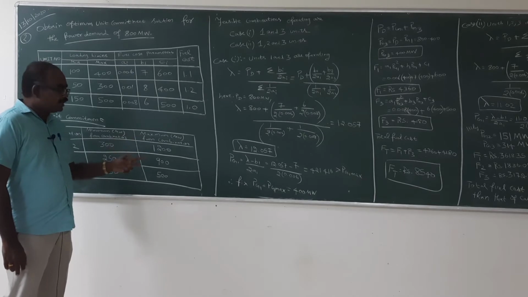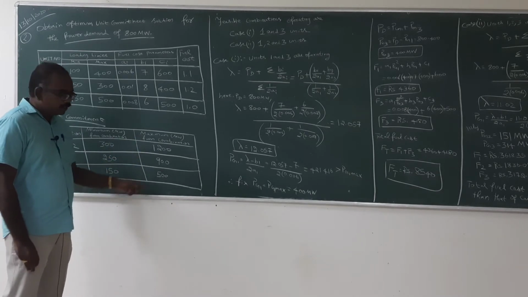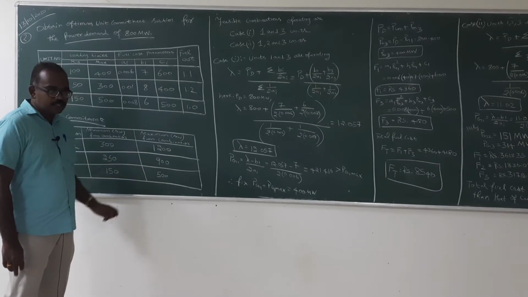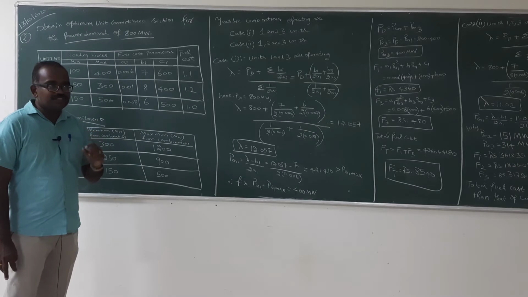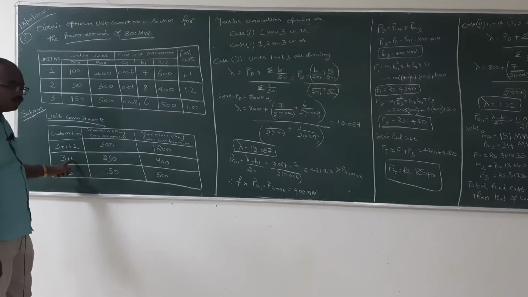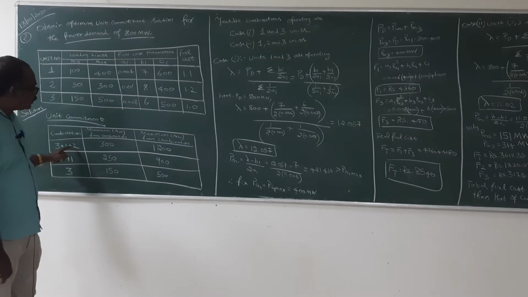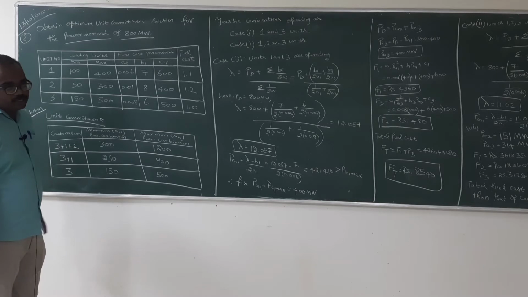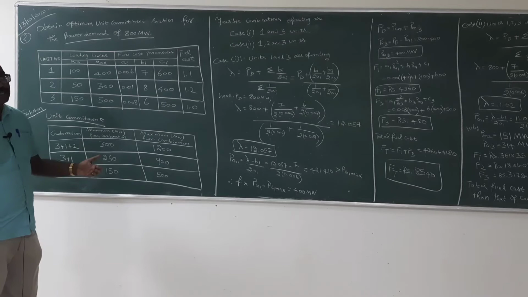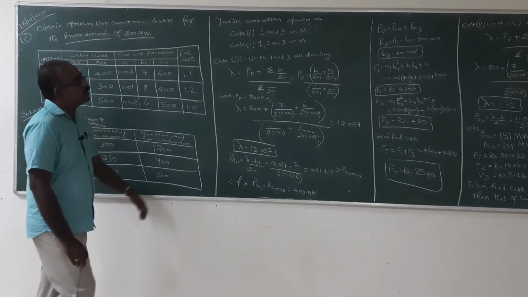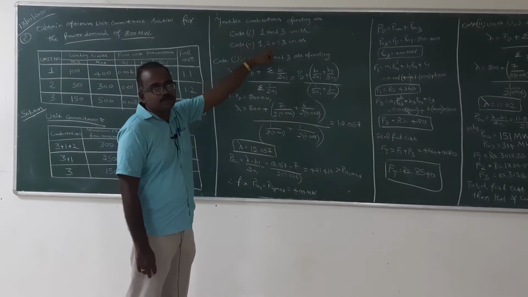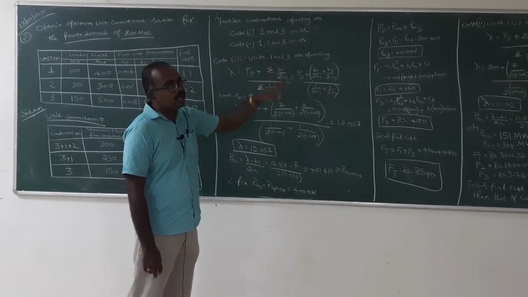We can take these 2 combinations, because 800 is coming under the 900 as well as 1200. So the feasible solution for the 800 megawatt demand is units 1 and 3, and units 1, 2, 3. These are the 2 feasible solutions of this problem. Case 1 is units 1 and 3, and case 2 is units 1, 2 and 3.